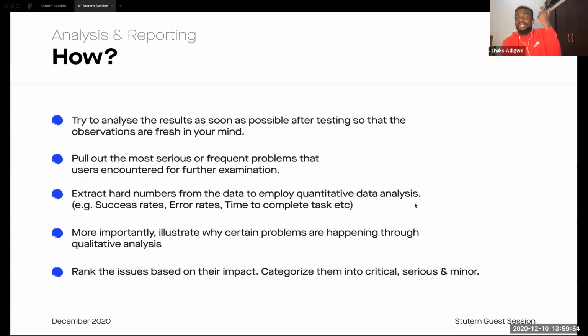So you want to see what is critical, what is important to our customers completing the most important goal or jobs that they want to get done on our platforms, right? If something is minor, it could be minor, and at the same time, it could require little effort from our team to conduct. So those are the kind of things you want to be able to create for your